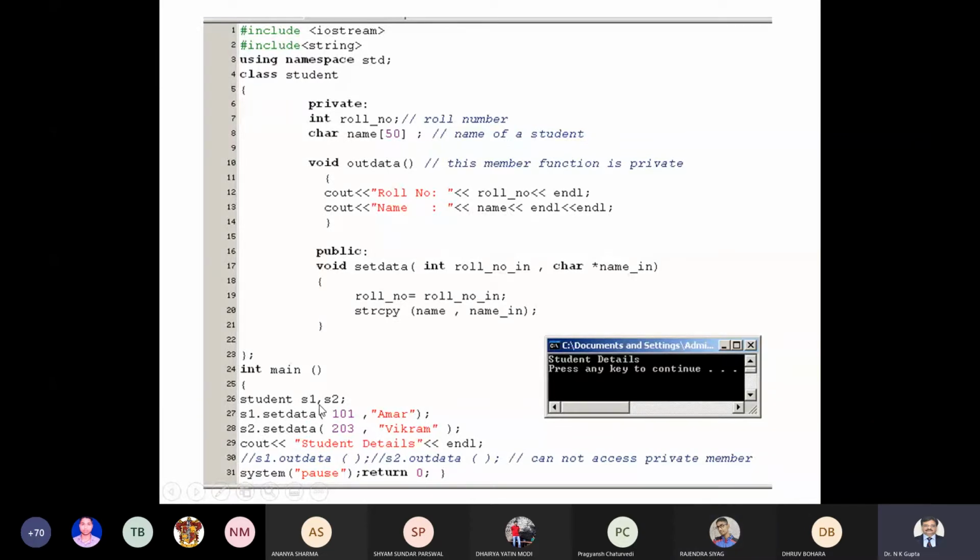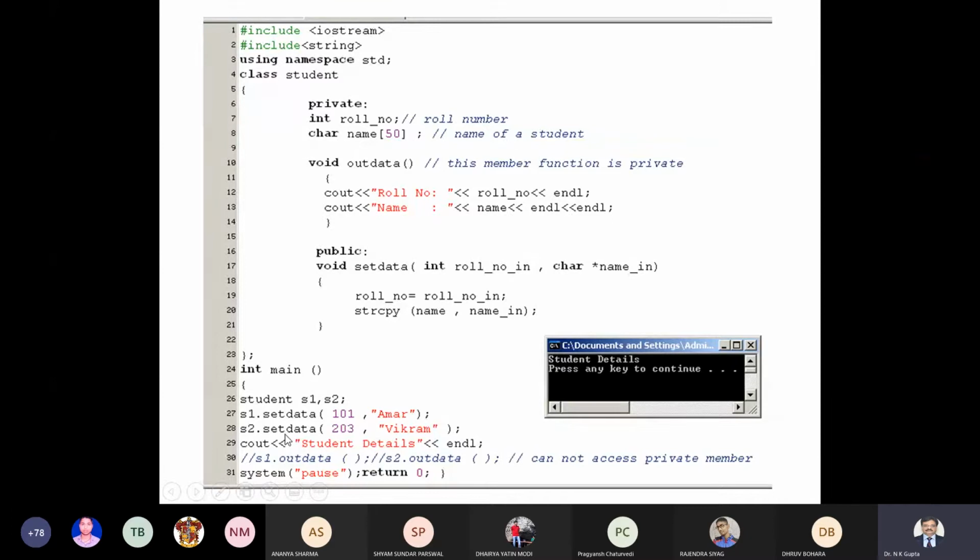At the time of creation of the object, yes, good. So S1 dot set data, if I do it like this, I put the roll number because it is an integer, and the name can be referred to by a char pointer also. Then this is possible. So against the S1 object, the roll number and name have been stored.